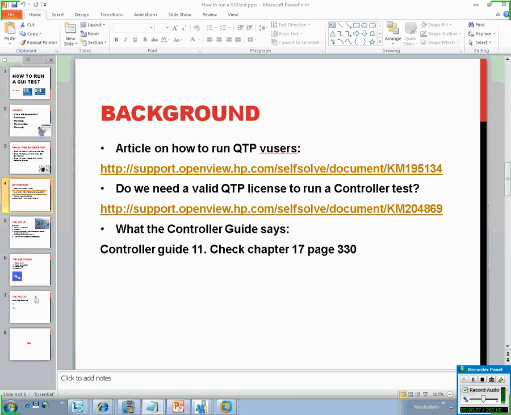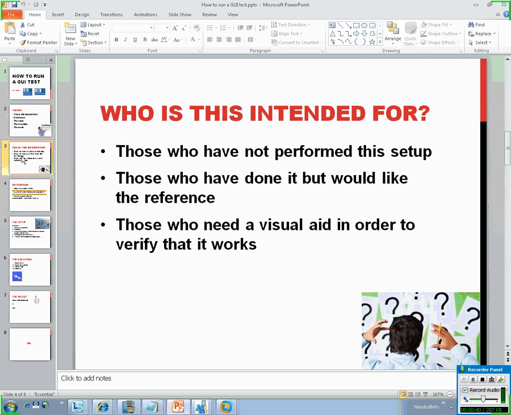So, who is this intended for? For those who have not actually performed this setup. So if by any chance you have never ran into this sort of case, or never had a case that had to do with running a HowToQTPVuser, then this may be for you. And for those who have done it,